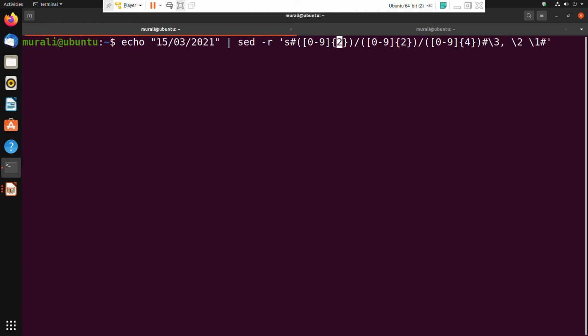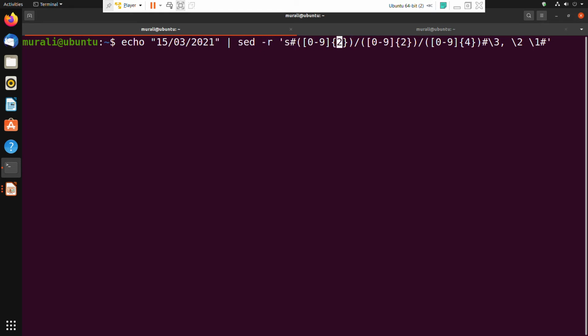This is known as a quantifier in regular expressions, the curly braces. I am using the -r option so that it supports extended regular expressions. Again [0-9]{2}, then followed by a slash, because we want to match this slash here.